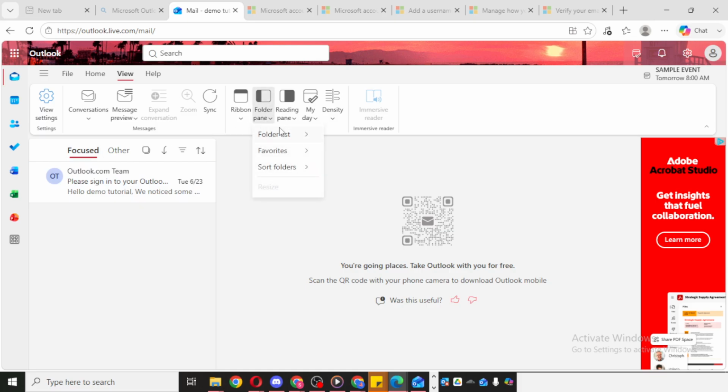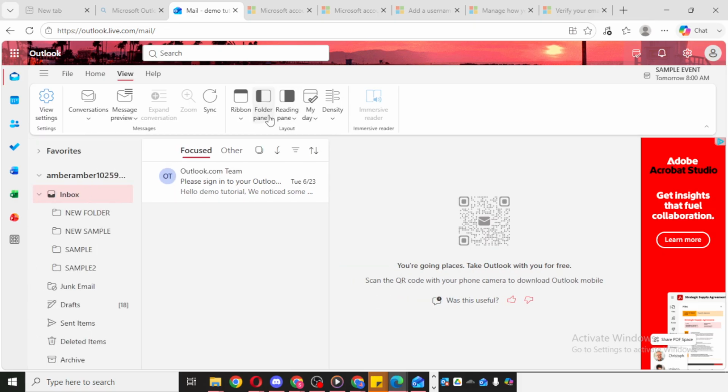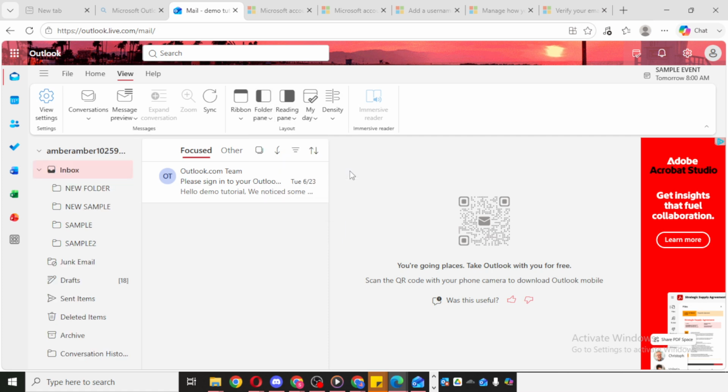You can also use the other available options in this same menu to change the folder pane based on your own preference. The exact wording or arrangement may vary slightly depending on your Outlook version, but the process is essentially the same. Go to View, select Folder Pane, and then choose the display style you want. As you switch between these settings, Outlook will update the view so you can immediately see the difference. That makes it easy to test each option and decide which one feels most comfortable for the way you work.